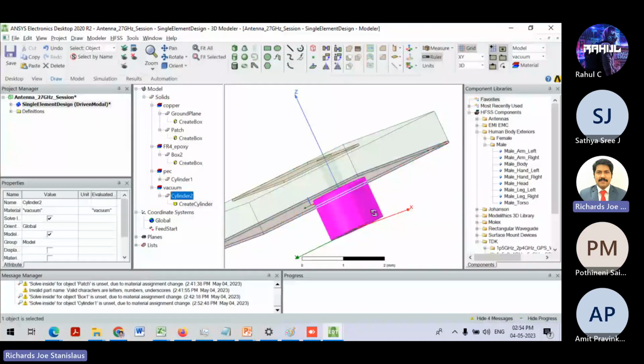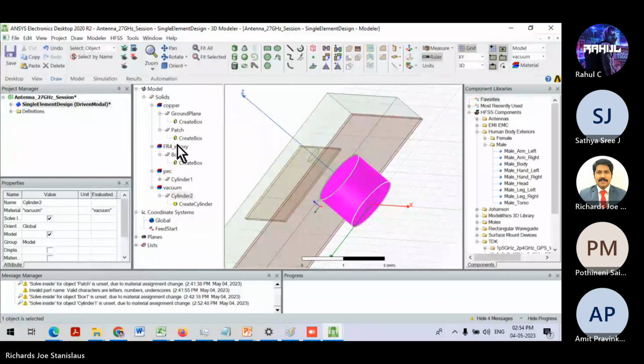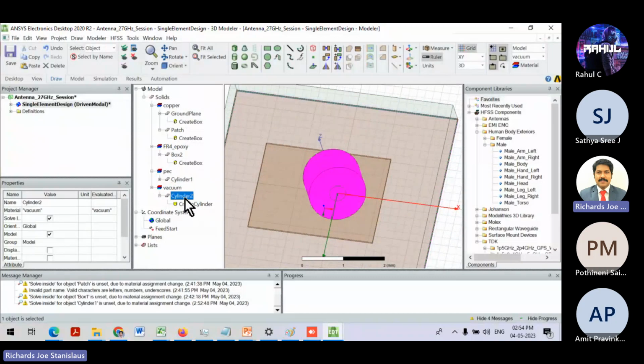So if you look out here, right, there is an outer conductor. So there is an inner conductor. Now there is a cylinder. This cylinder we have not configured anything as of now. So one more dielectric should be there. Basically, the Teflon should be there between the inner conductor and the outer conductor. So if you click